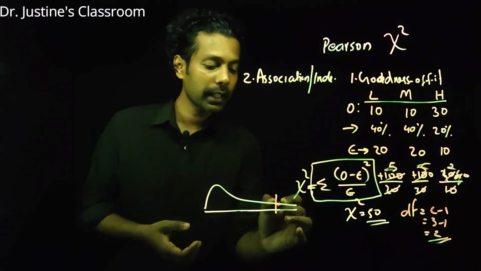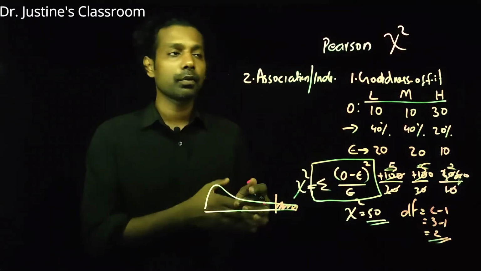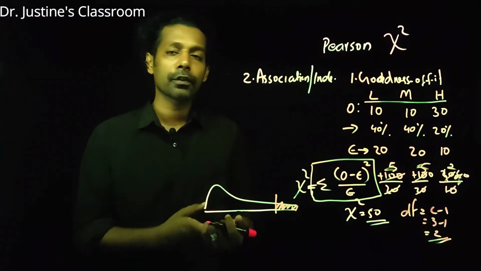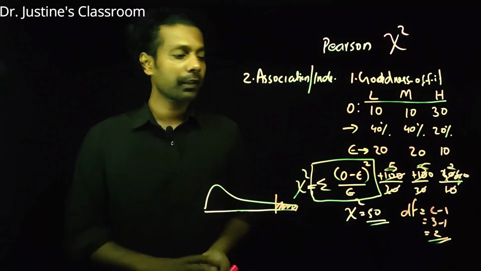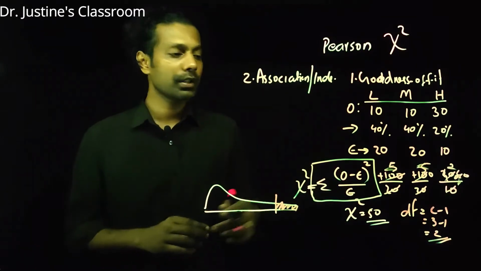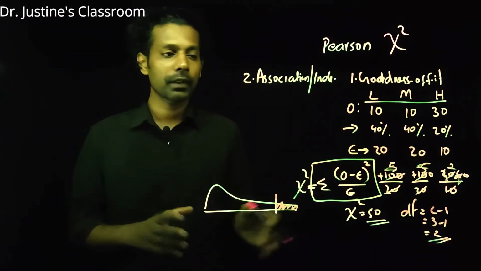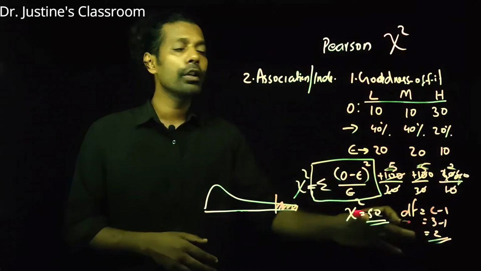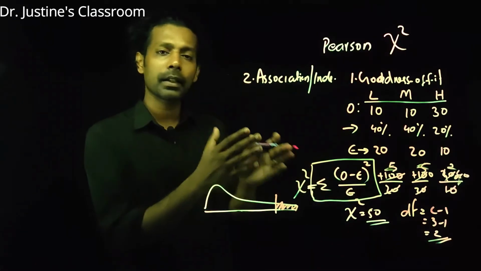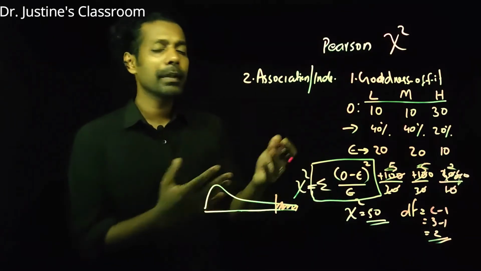Now based on that, the area will be calculated, and I say what's the level of significance or chance for null hypothesis to be true. Usual level of significance concept. I think you should watch that video to understand what is the level of significance here. So this is the concept of goodness of fit. That means you have a pattern and you are trying to fit with other pattern. It can be any kind of pattern, okay?